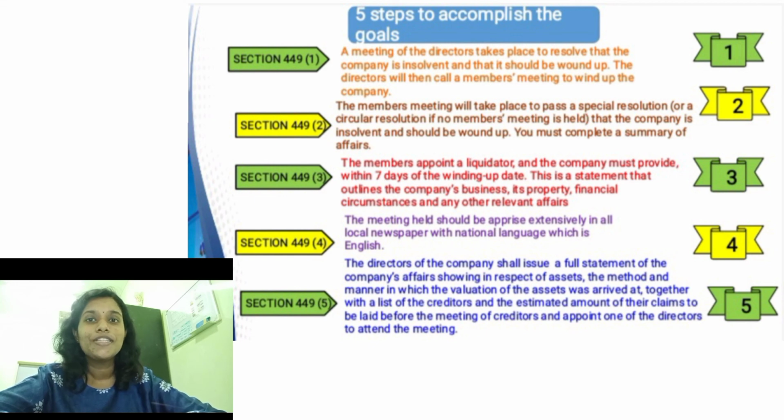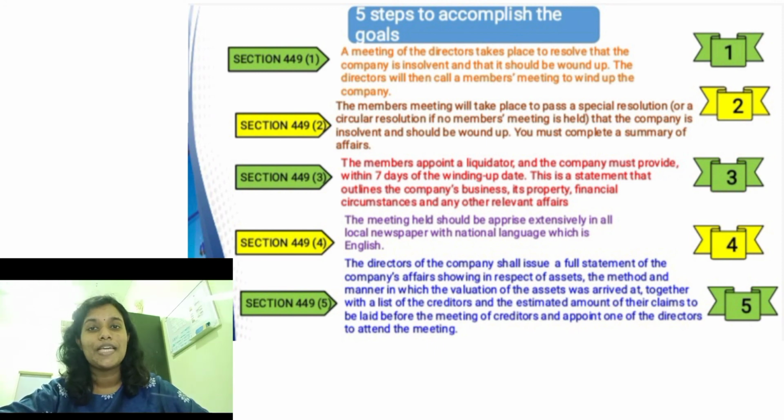Now I shall move on to step 1, from Section 449 subsection 1. It states that the company should cause the creditors of the company to be presented on the day or the next day of the meeting in which the resolution for the voluntary winding up will be proposed.